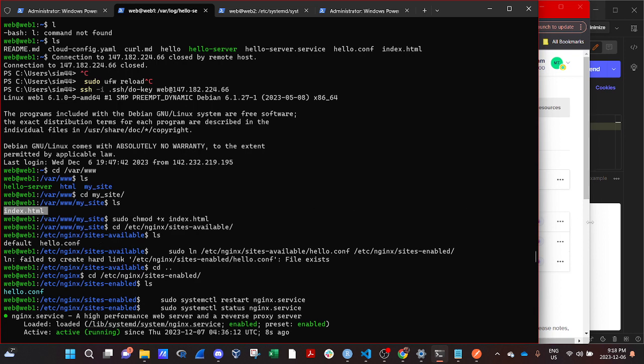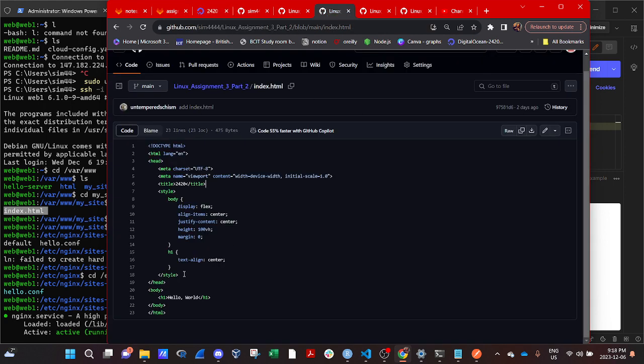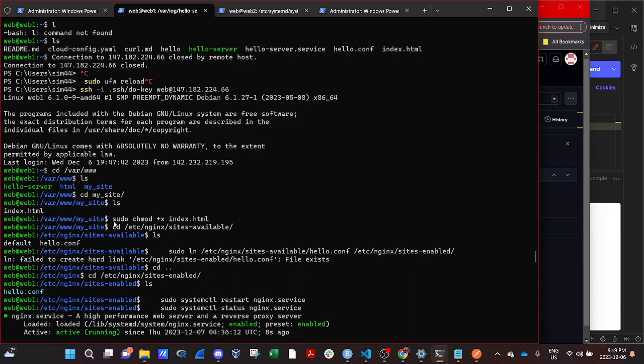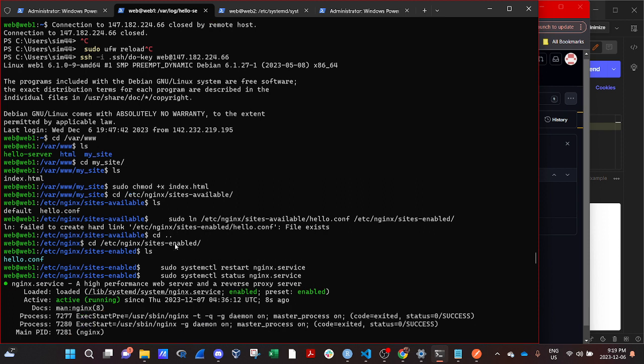The index.html looks something like this. It has hello world in it, so that when we run this file later on, the hello world should be executed for my server 1, which is Web 1, and for my server 2, Web 2, I have added hello galaxy in here, which should be seen while executing later on. Now I made this file executable by running the sudo chmod +x command here,